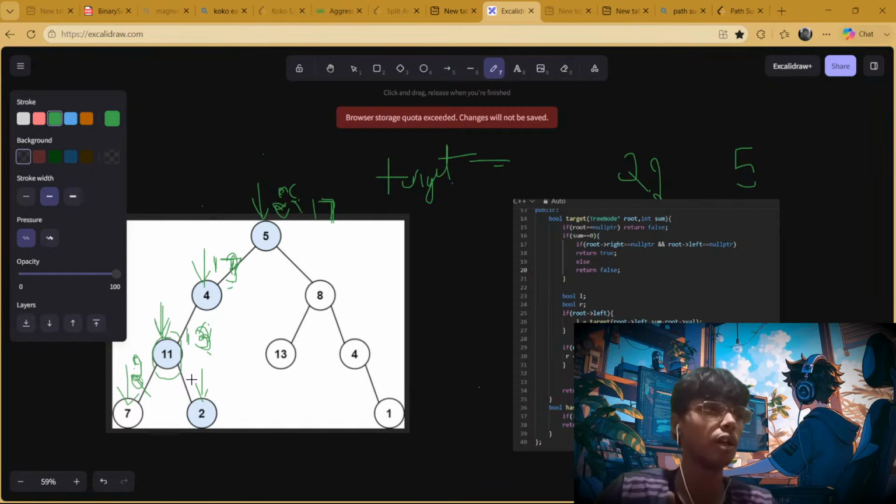कि क्या मैं करंट वाले एलिमेंट को माइनस करने के बाद, हम्म, एक सेकेंड, जब मैं यहाँ पहुंच गया तो मैं दो के साथ बच गया हूँ। और वही जब मैं यहाँ भी पहुंचूंगा तो मैं दो के साथ बच गया हूँ। ठीक है। तो अब मैंने ये देखा कि क्या मैं लीफ पे पहुंच गया, और लीफ पे पहुंचने के साथ साथ जो मेरी वैल्यू आ रही है, क्या वो वैल्यू एग्जैक्ट इसी रूट के बराबर ही है। अगर ये इसी के बराबर है तो ट्रू, और नहीं तो फॉल्स।